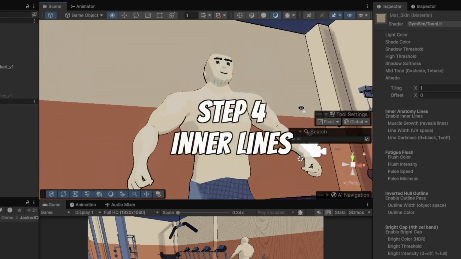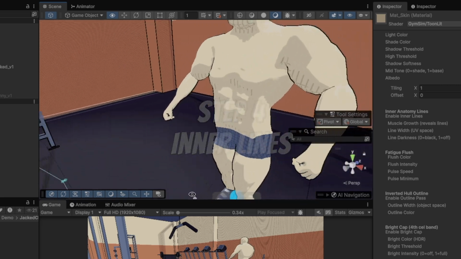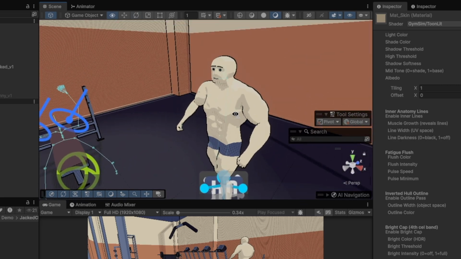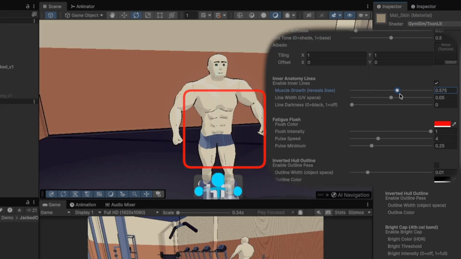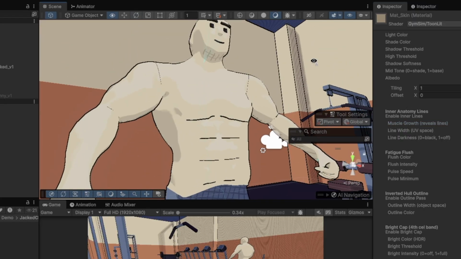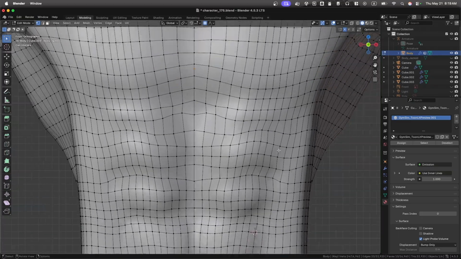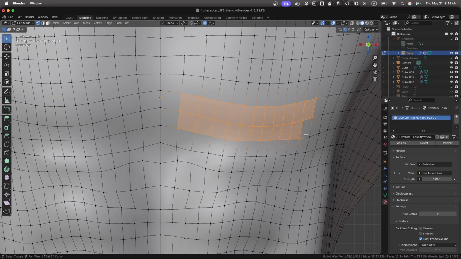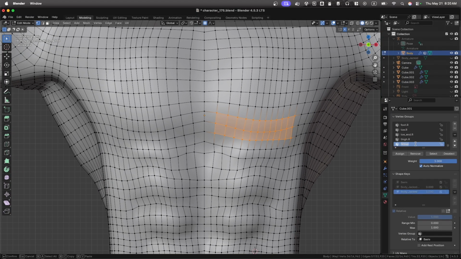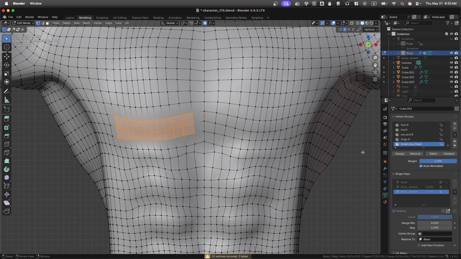Step 4 is inner line painting. This is what the character looks like without the inner line, and this is with it. Same mesh, same lighting, the muscles just read way better from every angle. Low to mid poly doesn't have enough geometry to shadow muscle edges on its own, so I bake that information